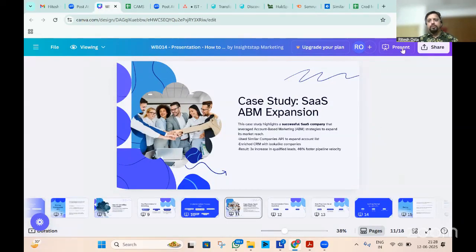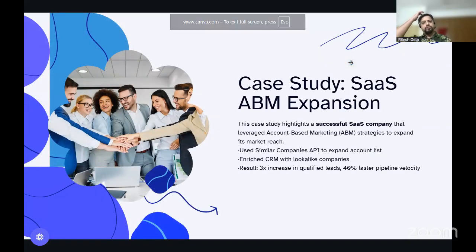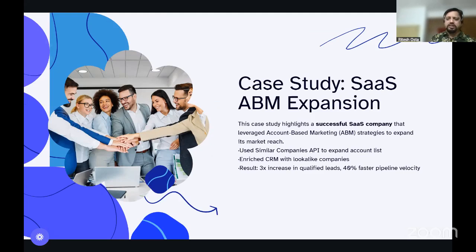Okay, I'm going to talk about quick case studies here. So, I mean, we have worked with a lot of case studies. Very, very simple case study that I have put. I mean, it's more like a use case. Suppose you're a SaaS company in industrial engineering, and you're providing an enterprise-grade SaaS product, and you want to find all the other companies in heavy machinery, right? Correct. So very specific. So you're looking for industrial engineering, heavy machinery companies, and you're providing software-based solutions. Then this can work very well, right?